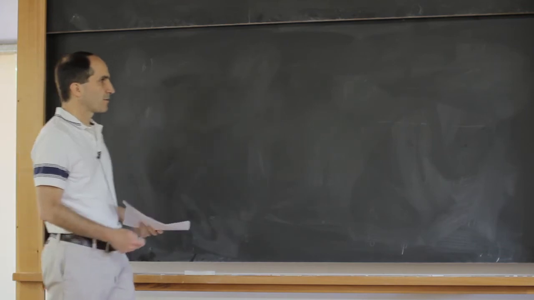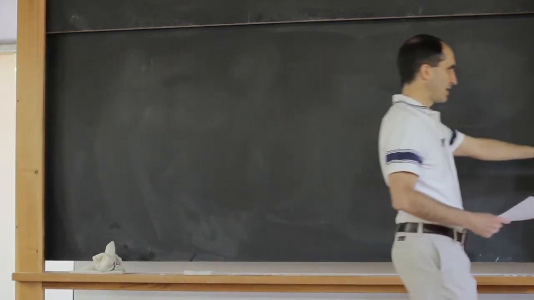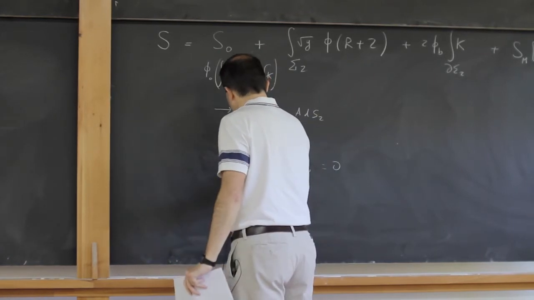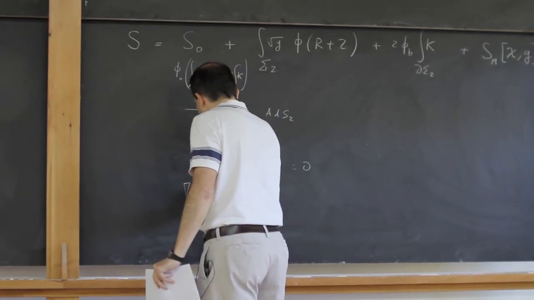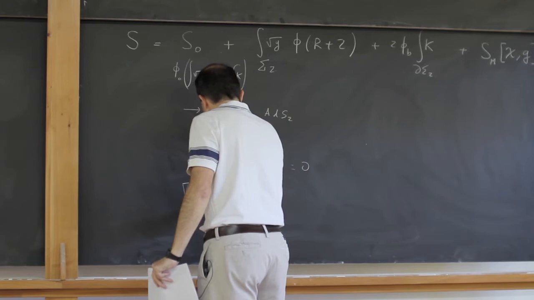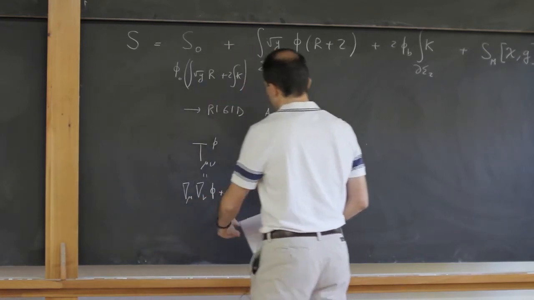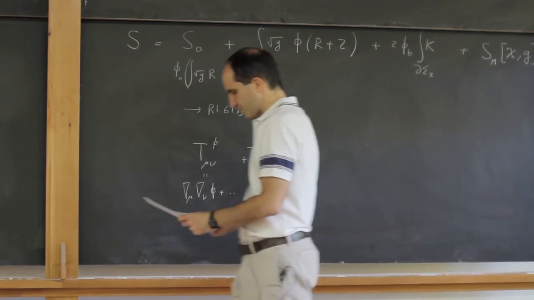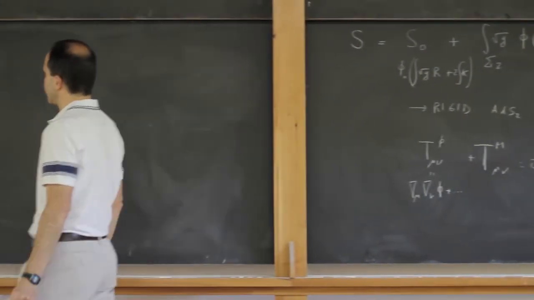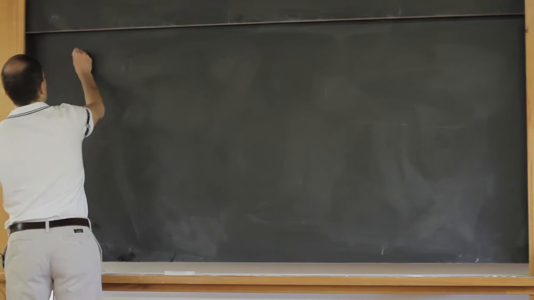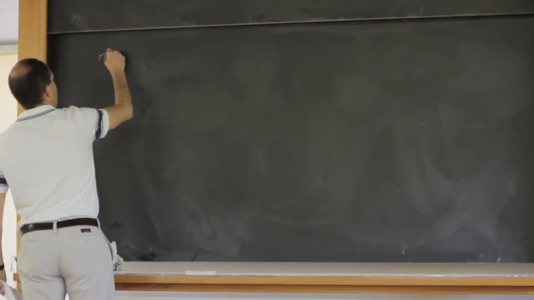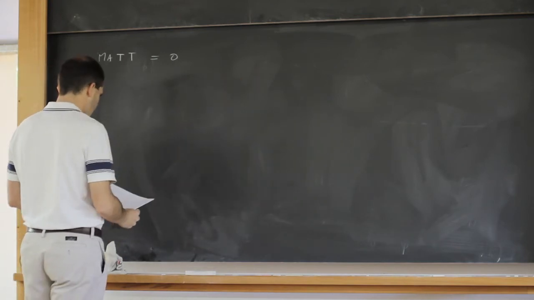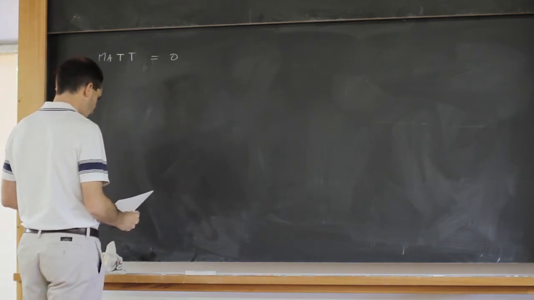Okay, so let's go back to this action. And here we started discussing the equations for phi. I said this contains terms like the gradient of phi, plus some other linear terms in phi. And we can use it to solve for phi. Now, let's first consider the simplest solution. So we set the matter equal to 0, so there is no matter. And so in that case, it turns out